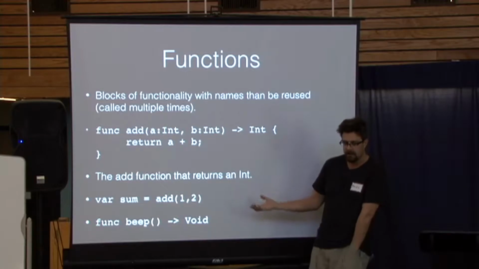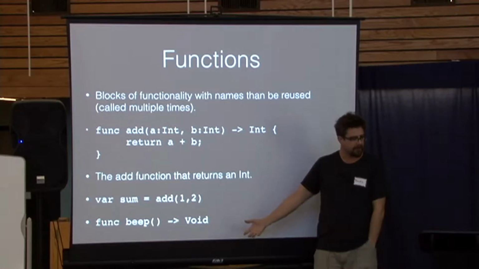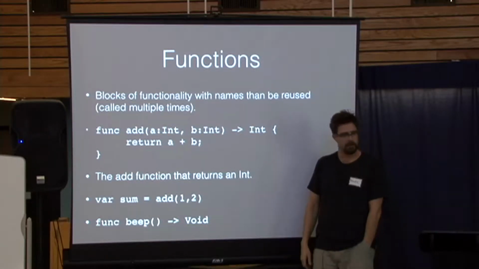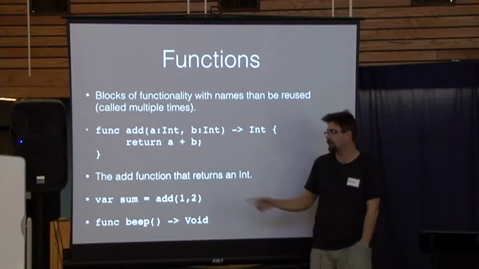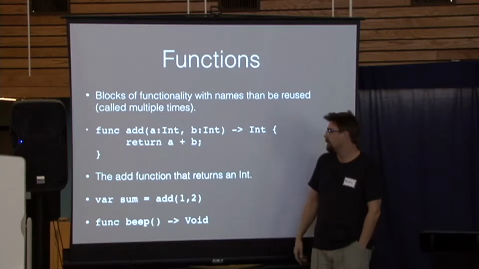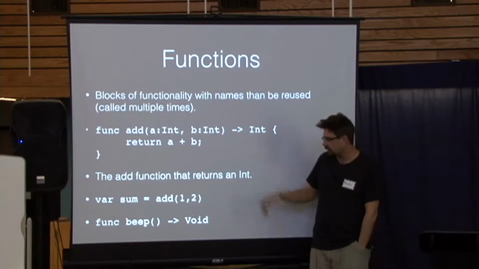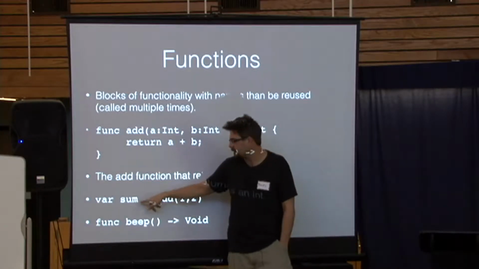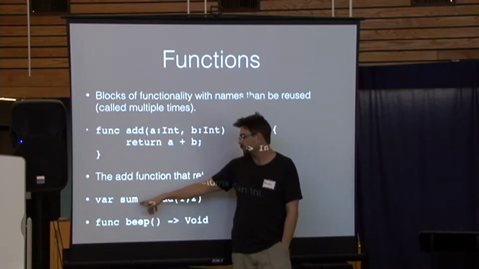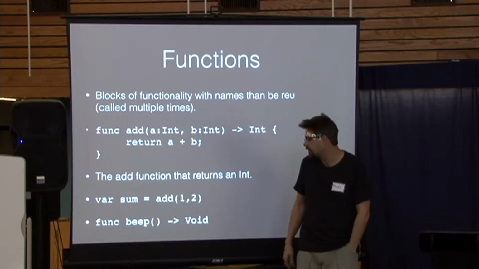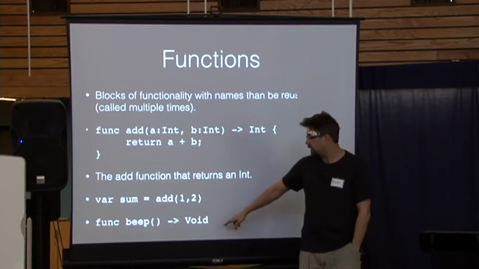So this is like layers of the magic of it automatically figuring this out for you that can get really confusing. If you start nesting these things real deep, it can be hard to figure this out. But yes, you're correct. This is an integer. So if I said var sum: Int equals add 1, 2, that would work just fine. Here is a method